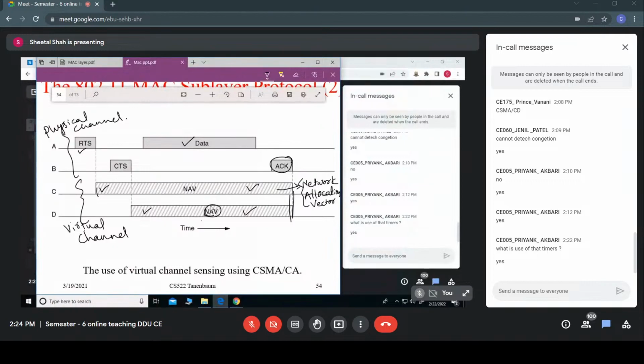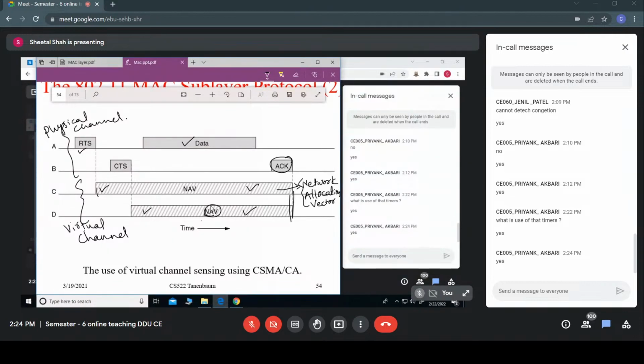Hello. Fine. Now, say suppose, Priyank, is this clear? Why does it maintain this timer within itself? Okay. Say suppose